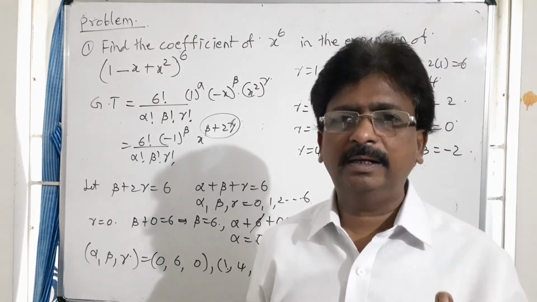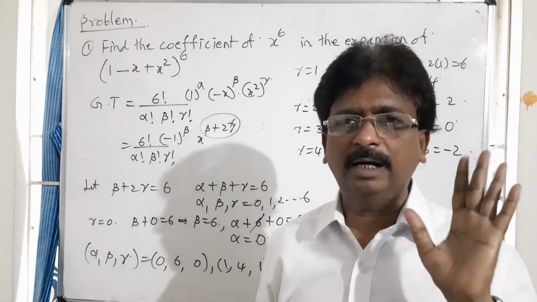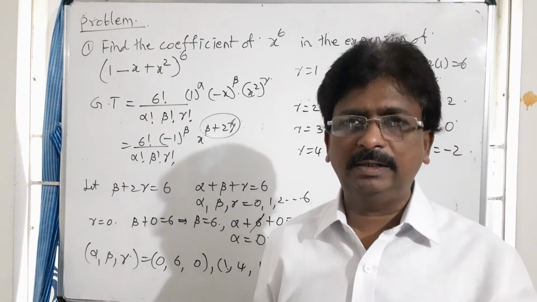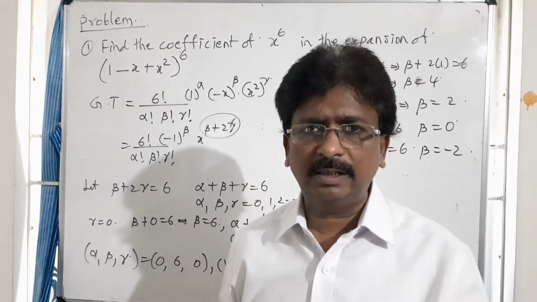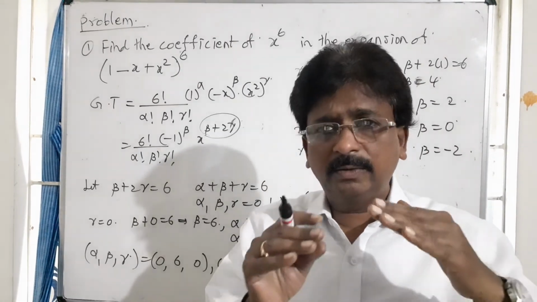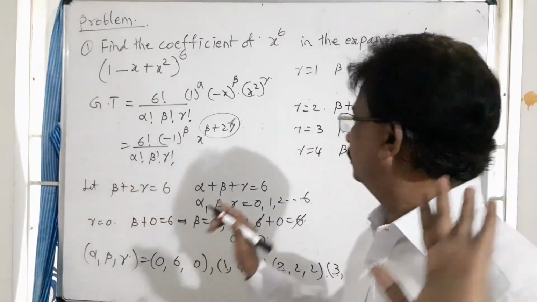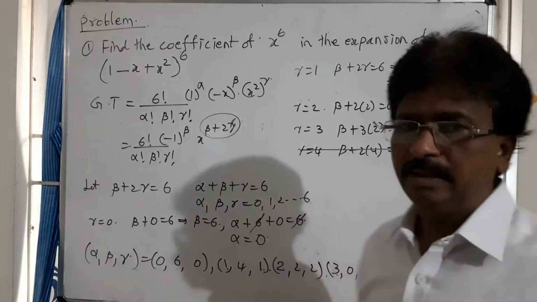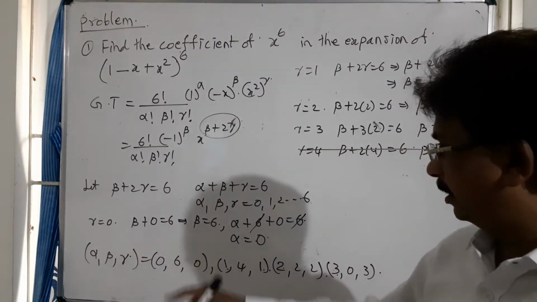If you take more values, 5, 6, 7, not beta, gamma values, if you take more values, the beta value will come as a negative. So negative is not allowed. Therefore, negative is not allowed for alpha, beta, gamma, everything. So you can avoid the remaining situations. Now only 4 situations are there.